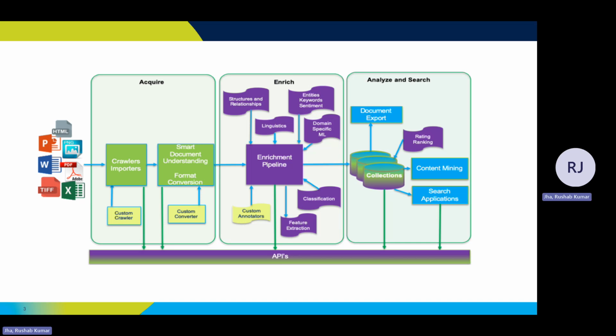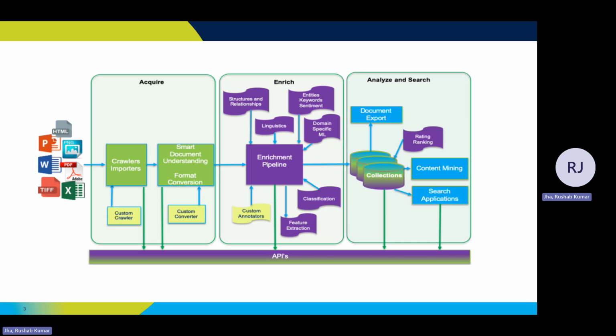So this data flow, which is associated to Watson Discovery, is both simple and easy to apply. This diagram displays the three phases, that is acquire, enrich, and the analyze and search part. The information from where the text is derived can be of any type or format. It can be a tweet, a blog, PDF, Excel, any sort of a Word file, or even a JPG image, which is present in a PDF format.